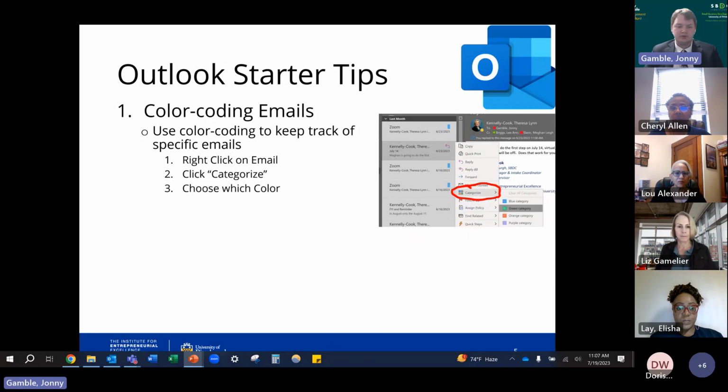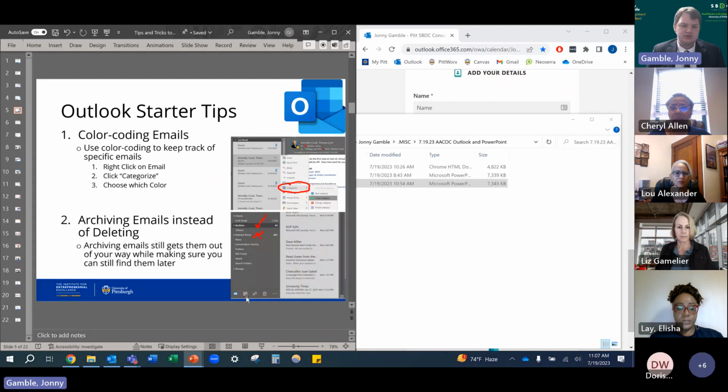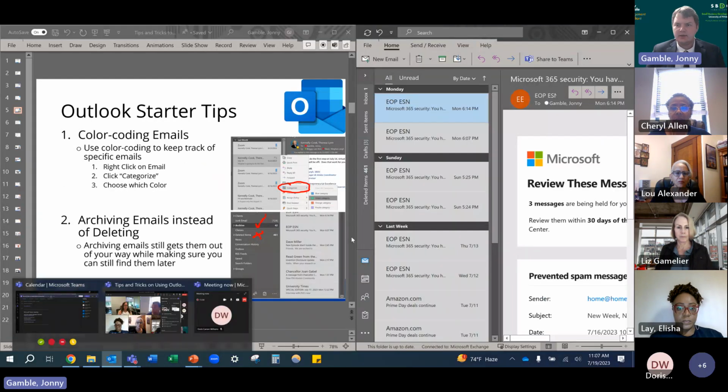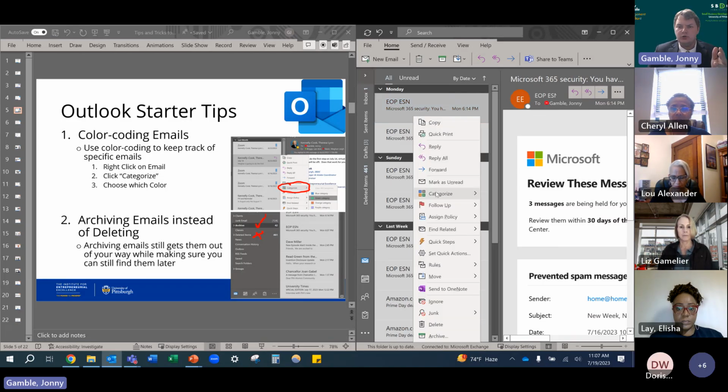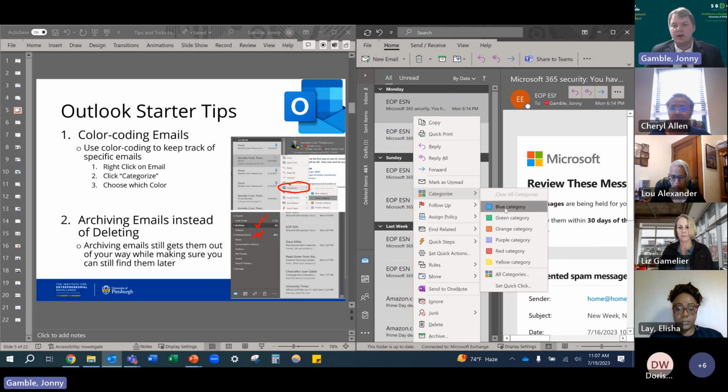For the sake of the presentation today, I always like being able to demonstrate it too. So let me hop out of presentation mode real fast. One great tip to working with Outlook is that you can really try to coordinate your emails by using color coding. When you right click on an email within Outlook, you can go down here to categories and try to pick out different colors to categorize things by.